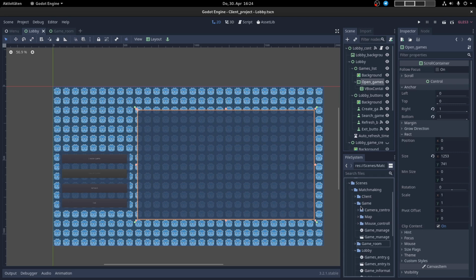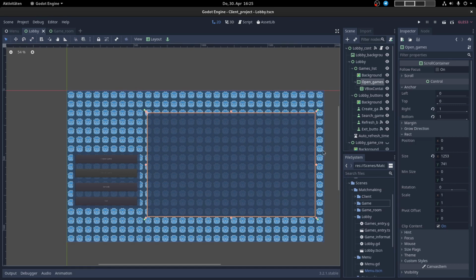And in the game you have the game manager, which will load first of all, and then load the map and the camera controller and the mouse controller. But this isn't really necessary for the lobby stuff, so I guess you just want to create the lobby and sync up games, and then